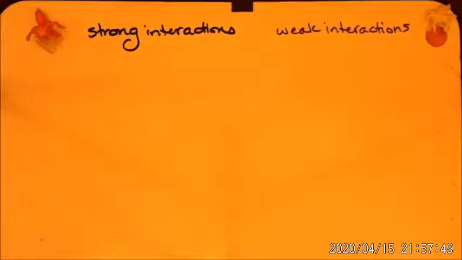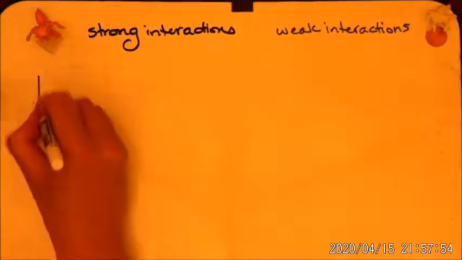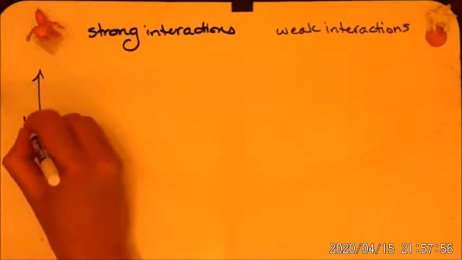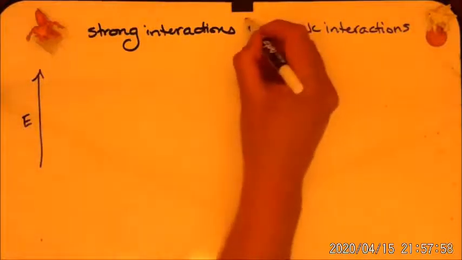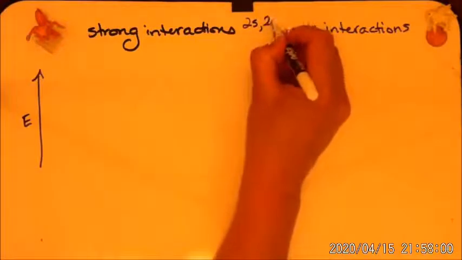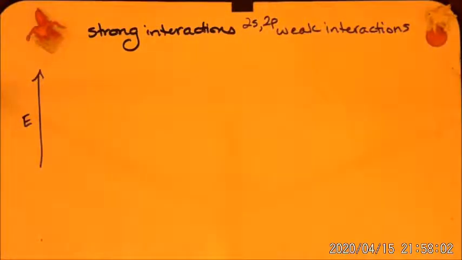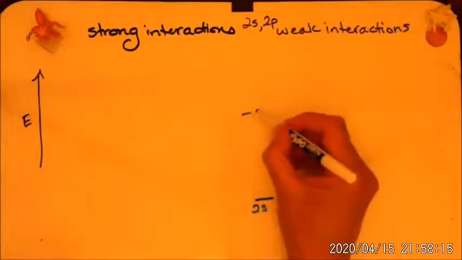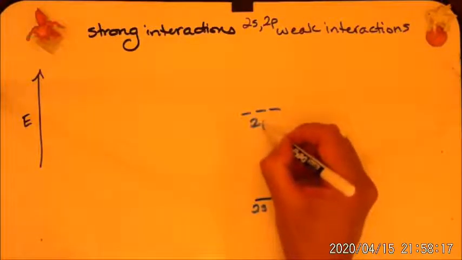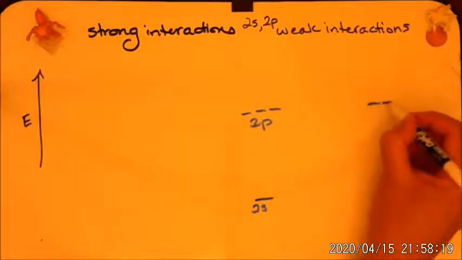Okay, so let me go ahead. You know, this is my energy is increasing, and we're going to focus on 2s and 2p. Okay, so let's do, believe it or not, let's do my weak interactions first. So I have 2s and 2p,